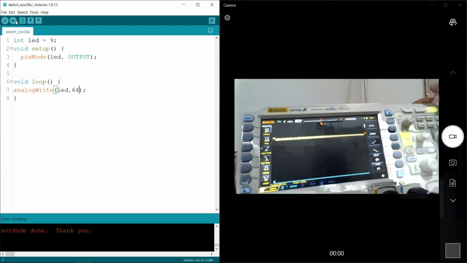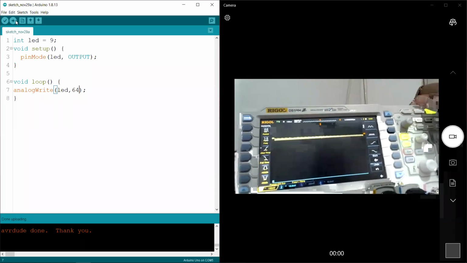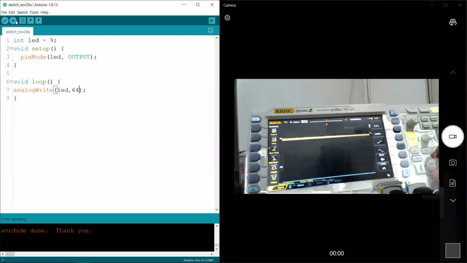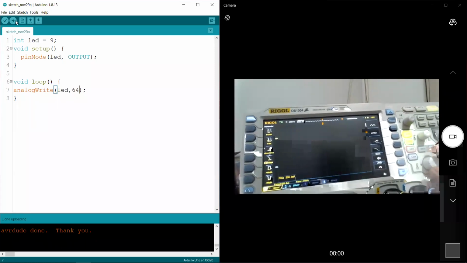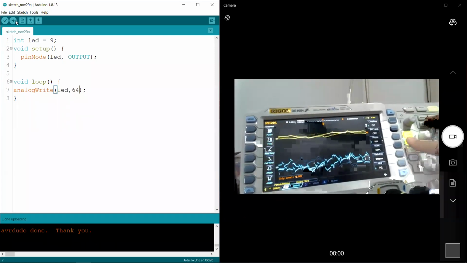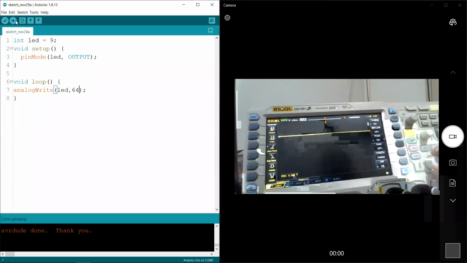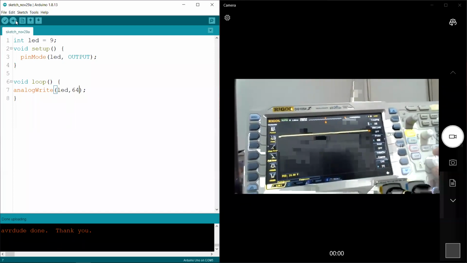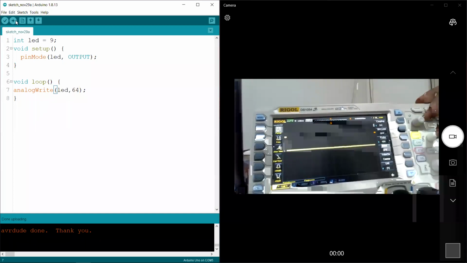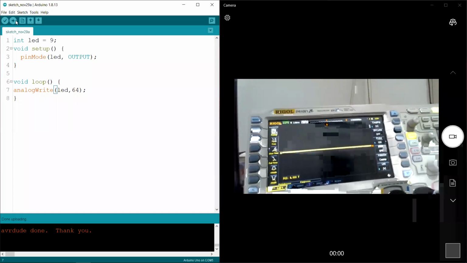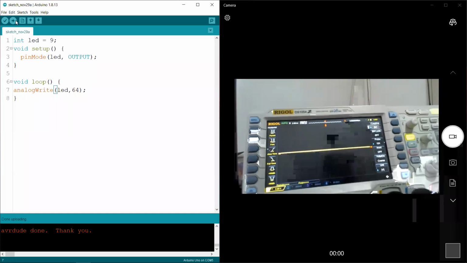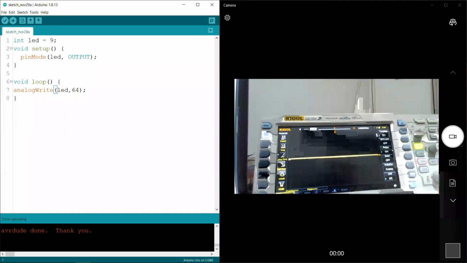Right, sorry again. Let me adjust that a little bit and show you a clear waveform.